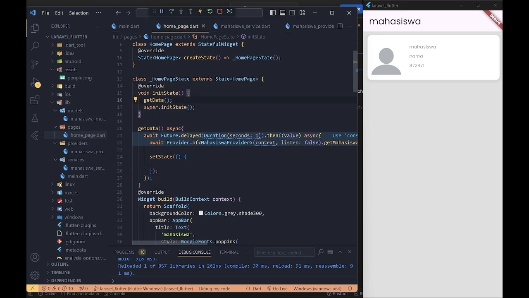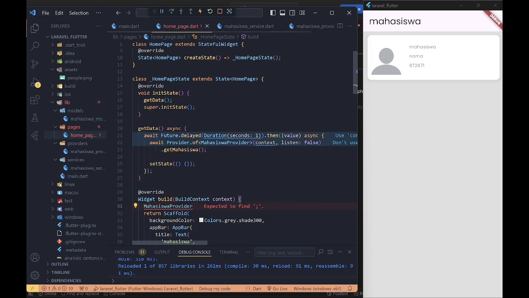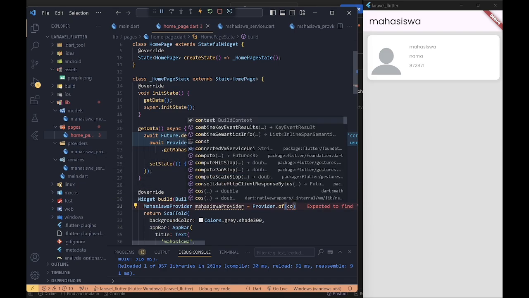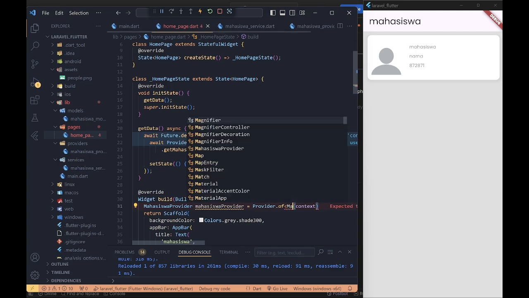And now we edit this homepage data. Again, we add getData. And this I add MahasiswaProvider, Provider.of context.